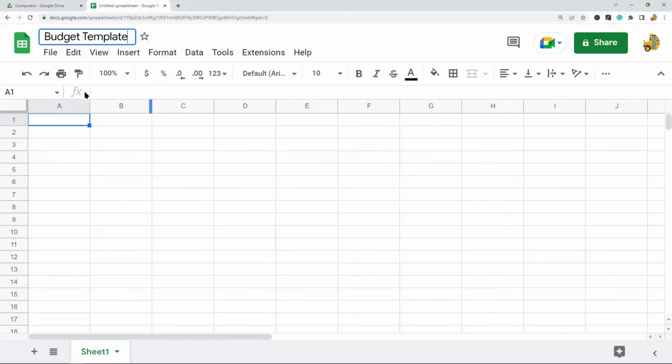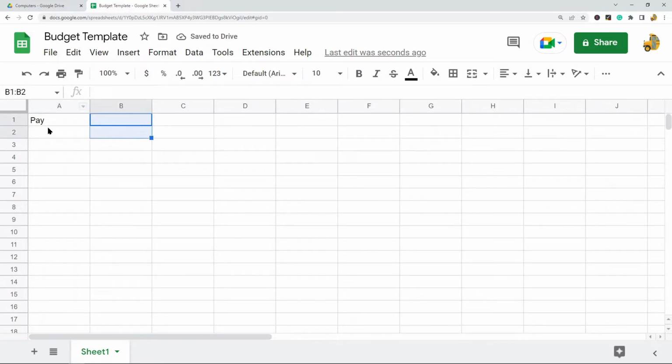The first thing I'm just going to enter is pay. If you have pay from a few different places or you have a side hustle, you may want to add more to your list, but that is all that I'm going to enter here, just the pay from a job. And then any other expenses that you might have. So rent, gas, electricity, internet,